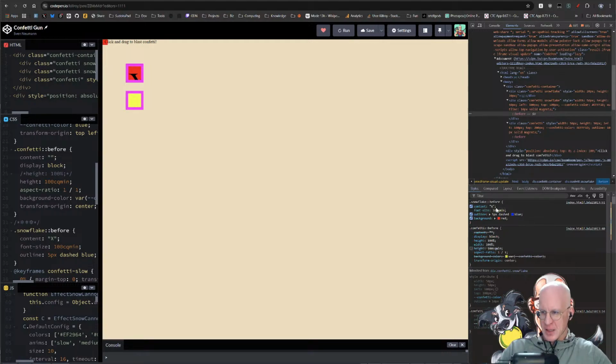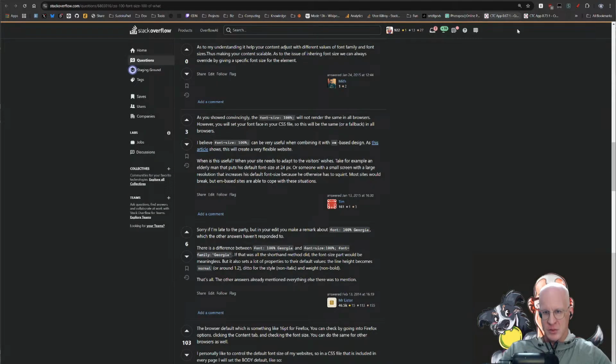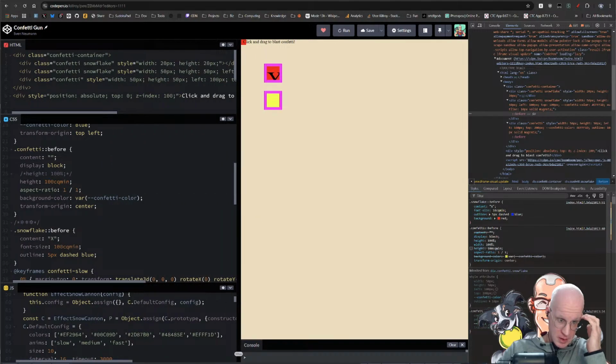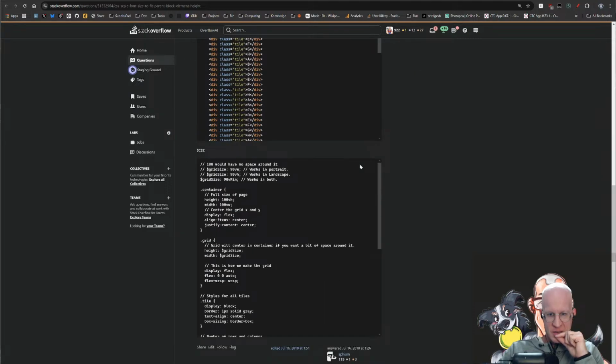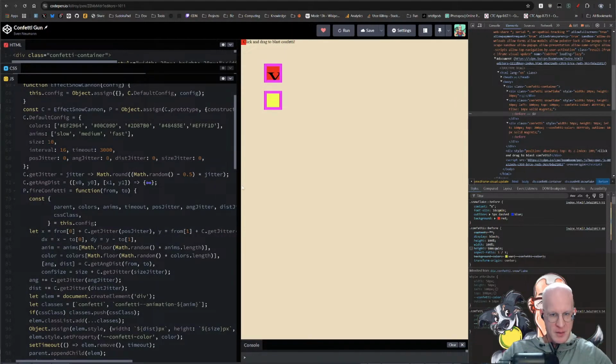I'm still feeling that this is not relative to where it is, but relative to the total thing. All right, let's try the SVG method then. Change the grid size by adding the class. Space around it. The problem is this was relative to the total thing, which isn't useful. So if we use this method,